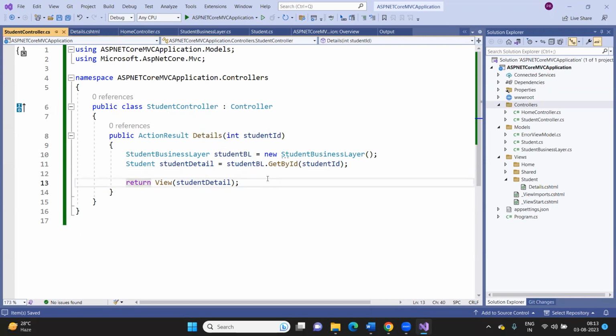We will discuss how it is selecting the view, how you can select a view based on some condition, and how we can access a different view from a different action method. All these things are possible. We will discuss them separately. But for now, let's assume that in this case, it is going to execute the details view that we just